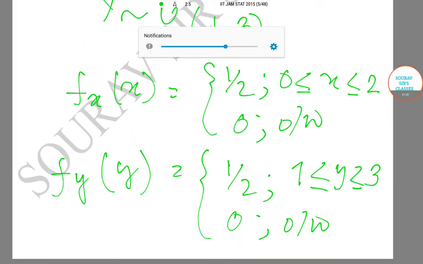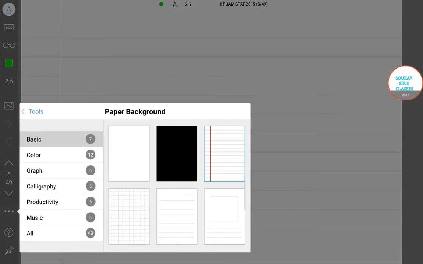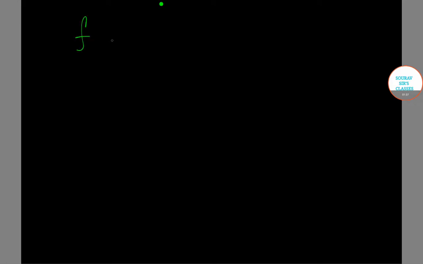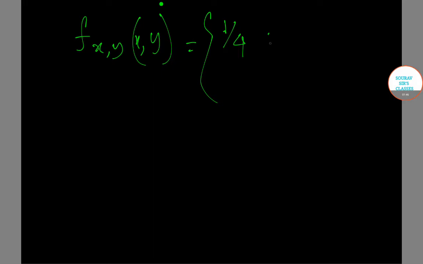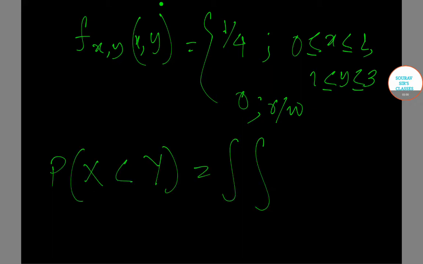From this we can conclude that the joint distribution, f(x,y), is equal to 1/4 for 0 ≤ x ≤ 2 and 1 ≤ y ≤ 3, and 0 otherwise. So the probability of X < Y is equal to the double integration of f(x,y) dy dx